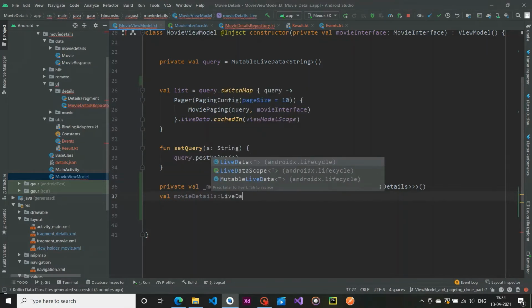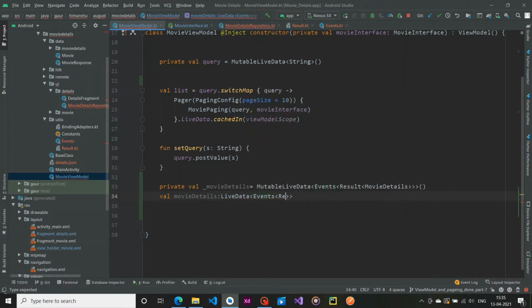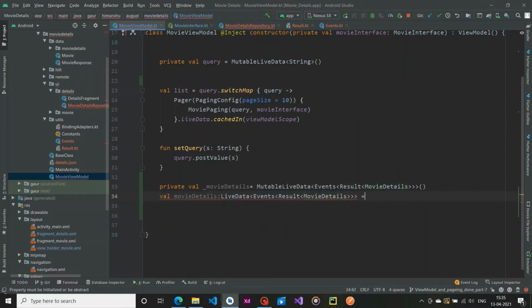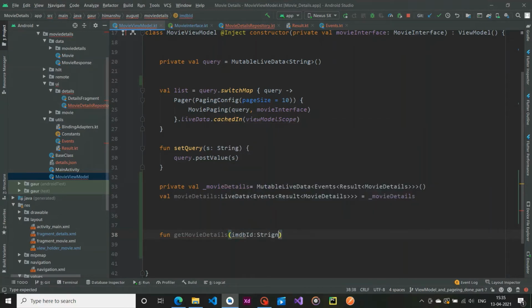So this is the live data, and events, result, and result will contain type movie details. So use movie details and create a function get movie details, pass IMDb ID, which is of type string.